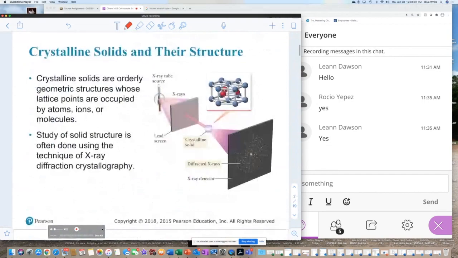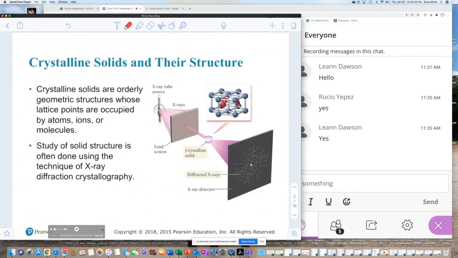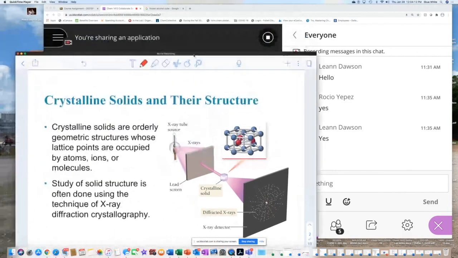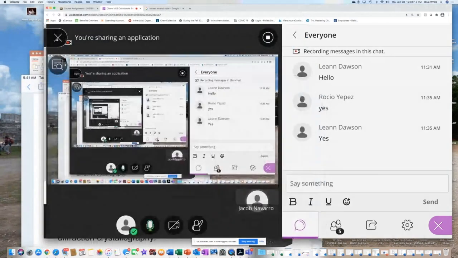Now with solids, if you compare what I'm covering with the, oh, sorry, I just remembered. I'm sorry. I like to do the recording separately. So let me stop